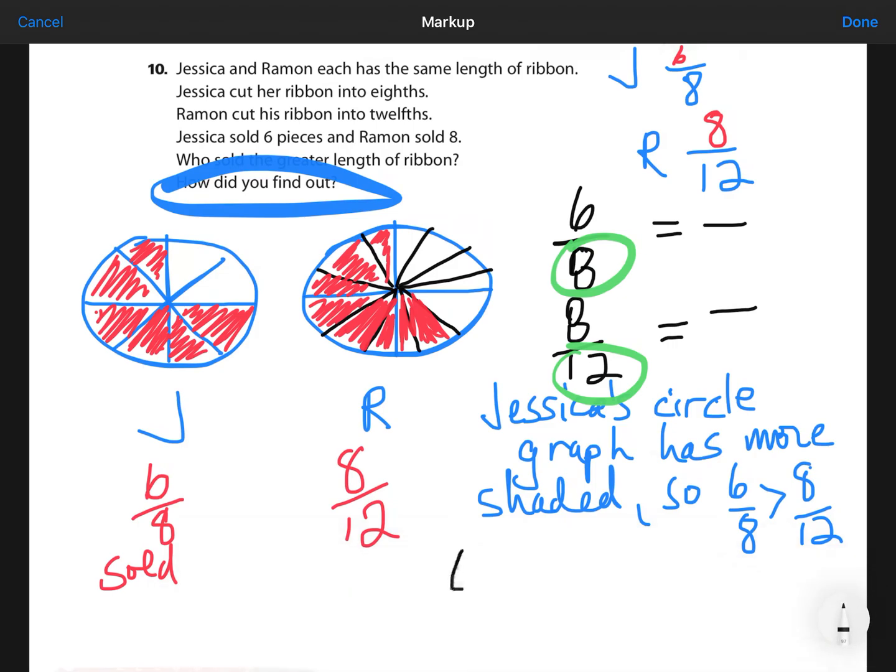A little trickier for some people, so we'll go back to doing multiples. Multiples of 6, 6, 12, 18, 24, 30, 36, never know how high to go. Multiples of 8, 8, 16,